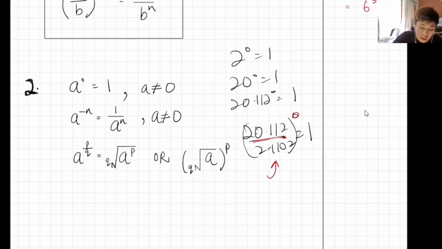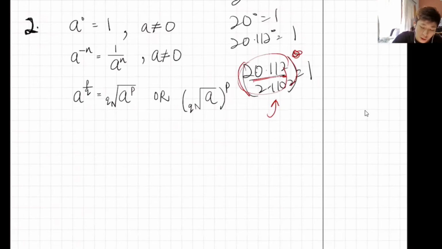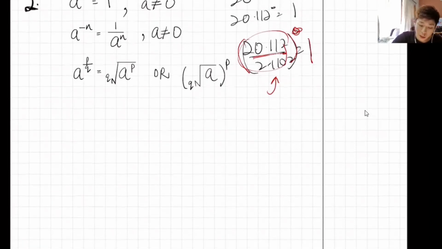Okay, A can be anything as long as this A is next to the 0 power. So this is actually next to the 0 power, so this can be done. You understand? You can straight away apply it. What is apply it? For example, if I have 2 times 3 to the power of 0, can you straight